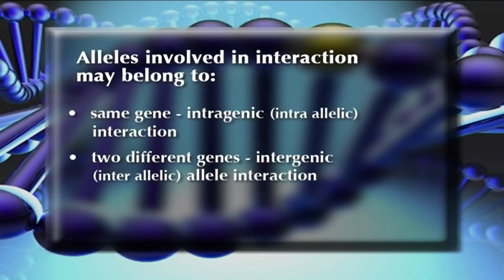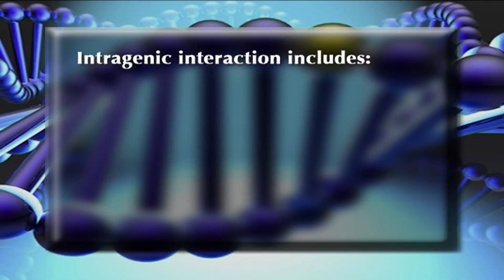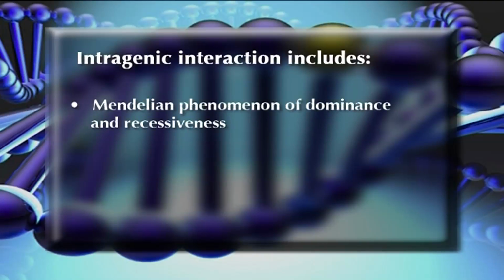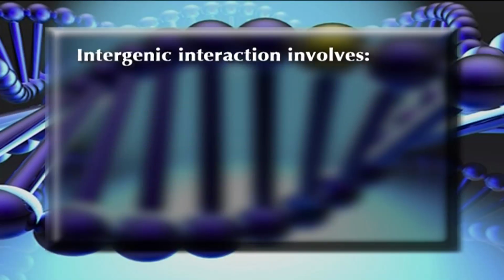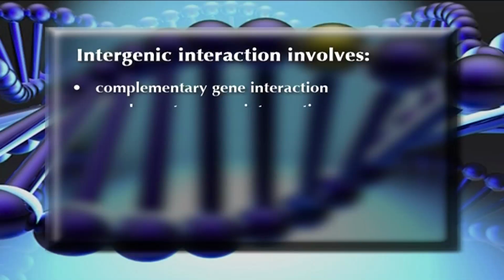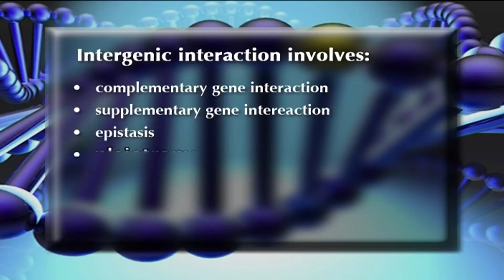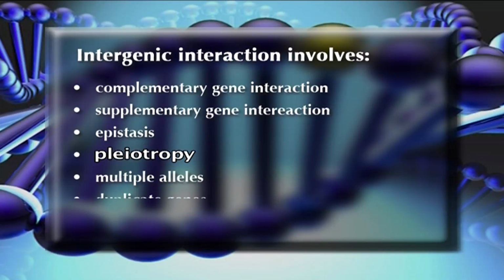called intergenic allele interaction. The intragenic interaction includes the normal Mendelian phenomenon of dominance and recessiveness, incomplete dominance and codominance, while intergenic interaction involves the complementary gene interaction, supplementary gene interaction, epistasis, pleiotropy, multiple alleles, duplicate genes, and lethal gene